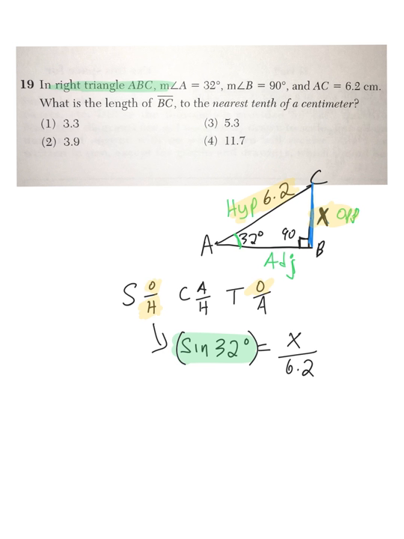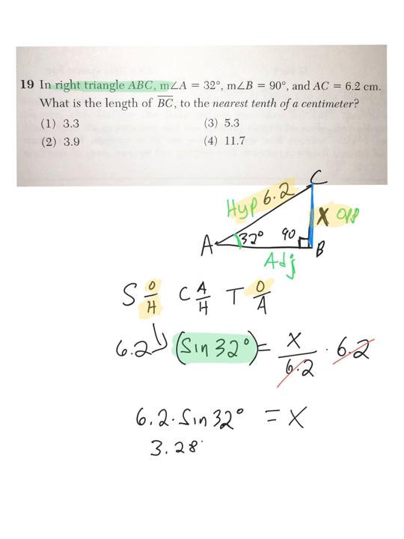So what I'm going to do instead is I'm going to multiply by 6.2 on either side. What happens is the 6.2's cancel here. You're just left with X equal to 6.2 times sine of 32. Again, everybody sees the sine, cosine, tangent, and gets confused. All you have to do now is plug this into your calculator. So you'll enter 6.2, find the sine button, put in the angle, which is 32 degrees, and that's going to give you a number. The number that I got was